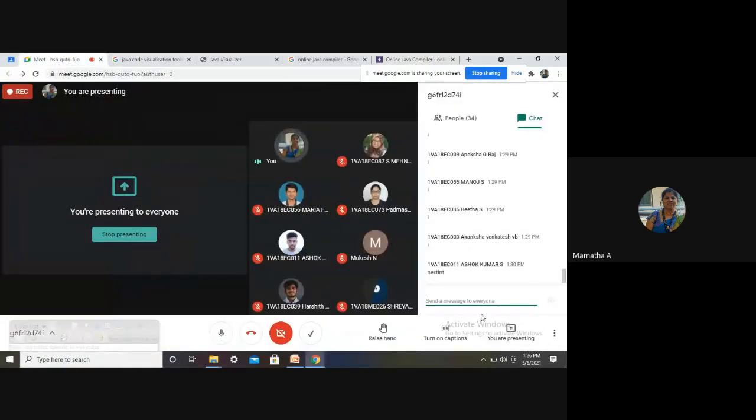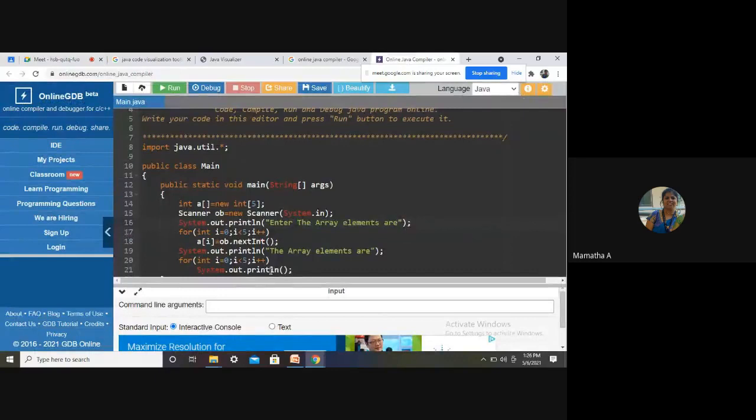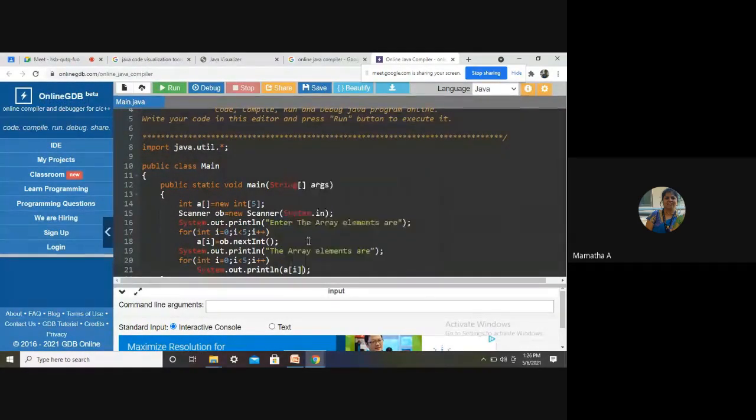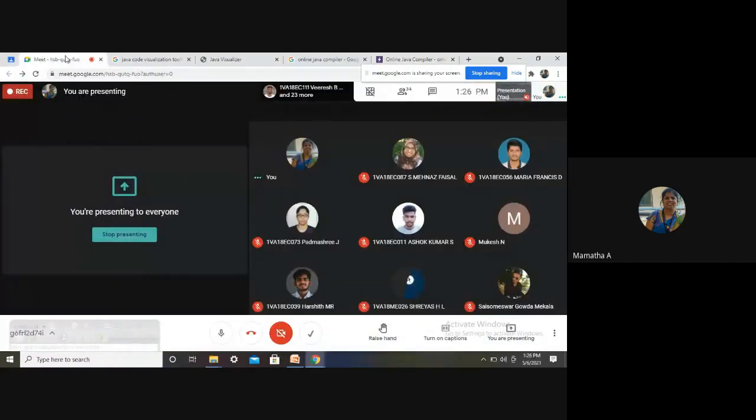I should now print the element of the array.